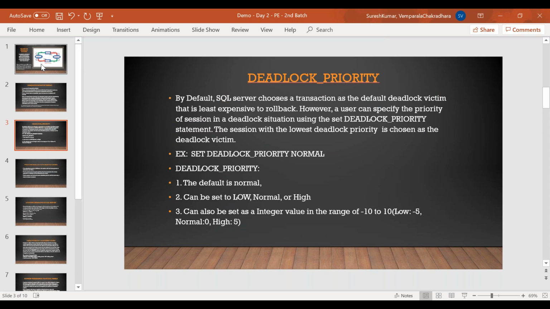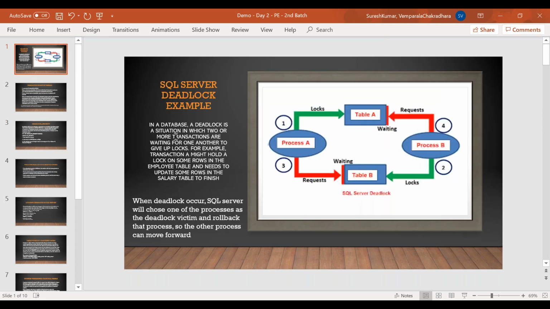What is a deadlock? In a database, a deadlock is a situation in which two or more transactions are waiting for one another to give up the locks. For example, I have a transaction and it might hold the lock on one particular table, but another transaction is trying to perform different transactions on the same table.